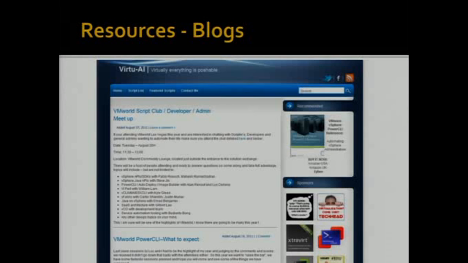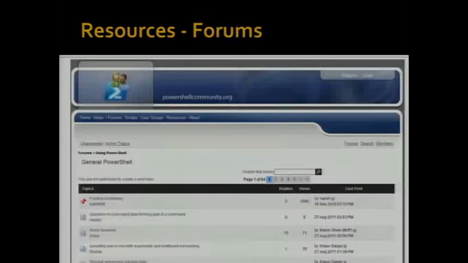It was a lifesaver, and the entire world lit up with it. Virtu-Al.net, Alan Renouf's blog. Here you're going to find the vHealthCheck script, which you should all be running. If you're not, shame on you. Run that joker. Not only are you going to want to run it, you're going to want to schedule it to run every day. It's a gorgeous HTML report of what's going on in your environment, checked against best practices. You really want to use it.